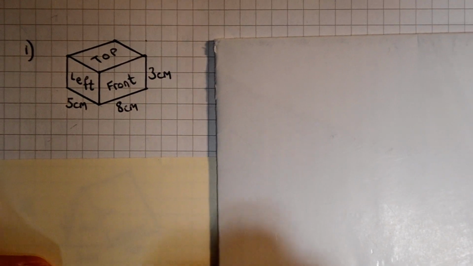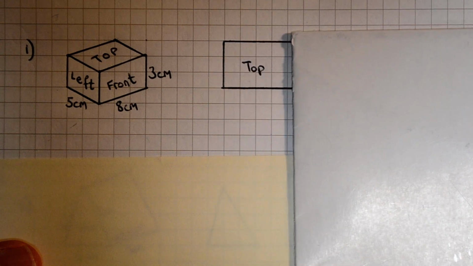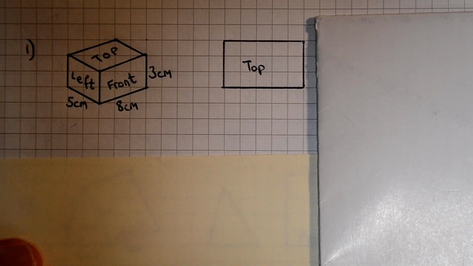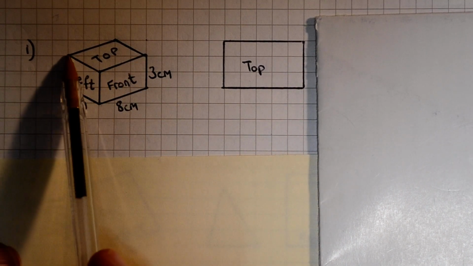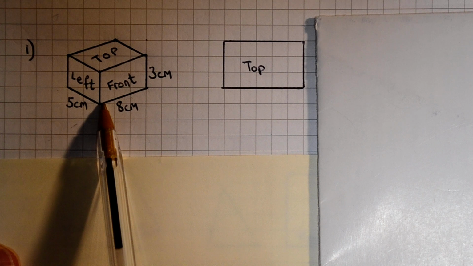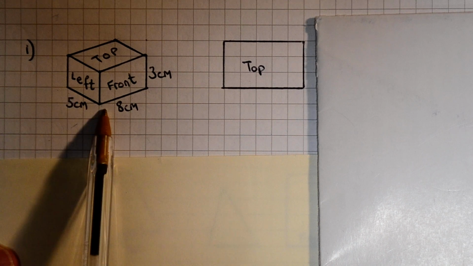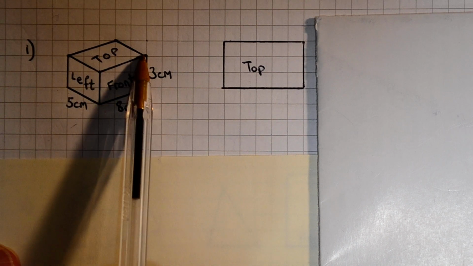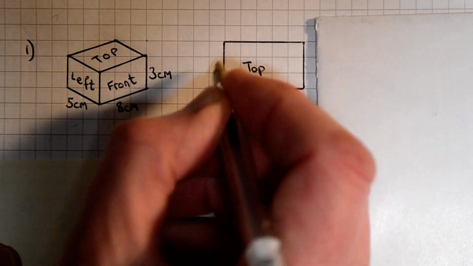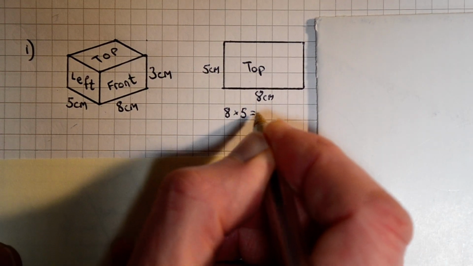So I've labelled three faces that are visible to us on this cuboid, and here's the first one. We're going to think about the top. What's the area of the top? Well, we don't have any of the dimensions drawn around the top, but because these are all rectangles, that length there is also the same there, and similarly 5 centimeters there means that's 5 and that's 5 as well. So that gives us our dimensions for the top. It's 8 centimeters by 5 centimeters,